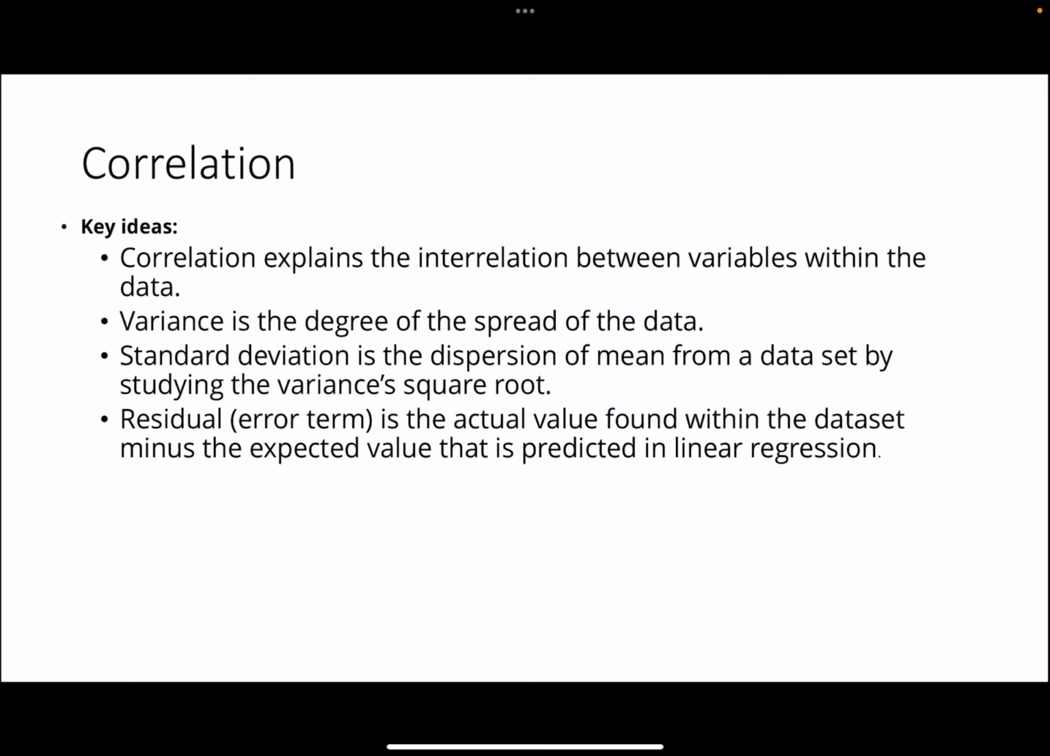What is correlation? So correlation explains the interrelationship between variables within the data, and variance is the degree of spread of your data, and the standard deviation is the dispersion of mean from the data, found by taking the square root of the variance. And the residual term